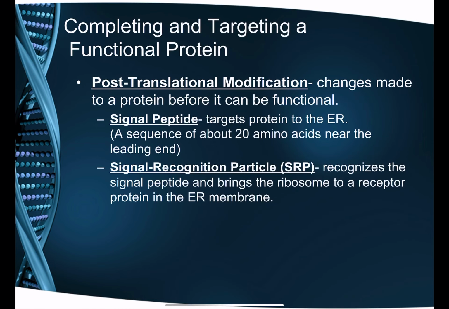Now, just like you have transcriptional modification in eukaryotes, you also have translational modification. So some changes are made in the protein before it can be functional. The first one, we talked about this a little bit in our cells unit. Remember, all proteins are made on the ribosome, but there are two different places where you can find ribosomes in the cell. Remember, we have free ribosomes